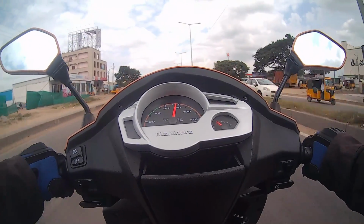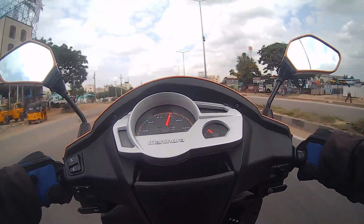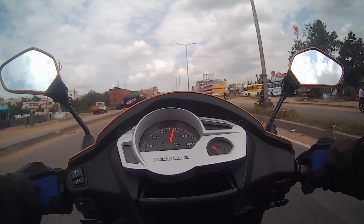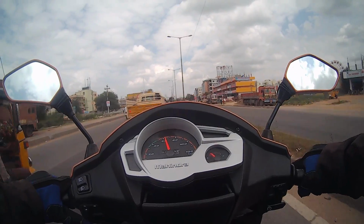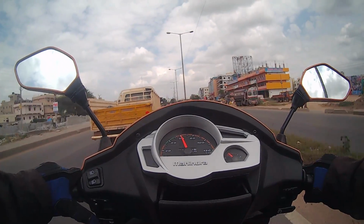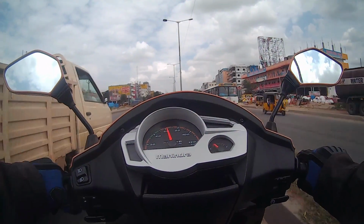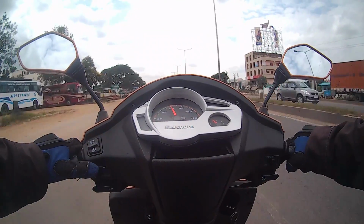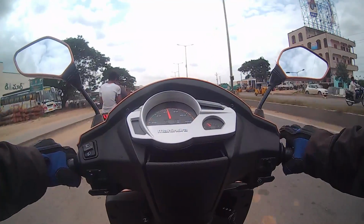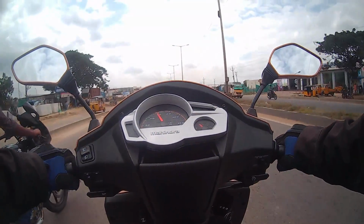The suspension works really well. We get telescopic forks up front and a hydraulic shock at the back. It offers great ride quality and glides over the potholes effortlessly. The brakes worked fine too. I was able to come to a standstill from 80 km per hour pretty quickly without any jerks or feeling of uncertainty. The seat is nice and comfortable and the chassis really supports the engine performance to ultimately offer smooth